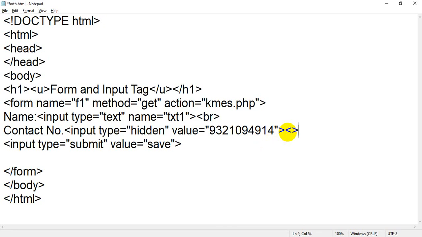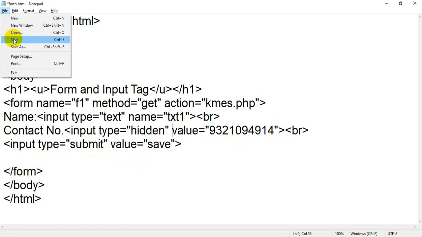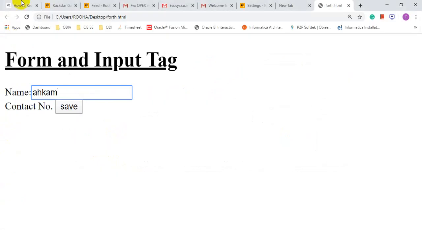Again I'm going to add br tag. Student, please be careful and stay attentive here. Input type equal to hidden I have taken, but on the browser it will not create a text box. But I have added one more attribute, that is value, and I have added my contact number. After that I have taken one input, a submit button, input type equal to submit, value equal to send. So when I write this, save this file, flip back to my browser and refresh this file, see, first is the input type.